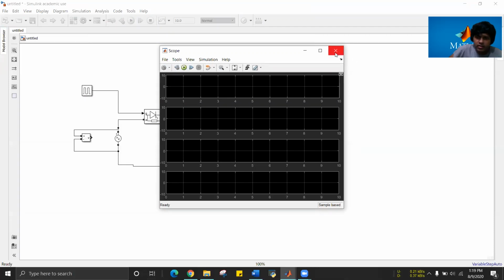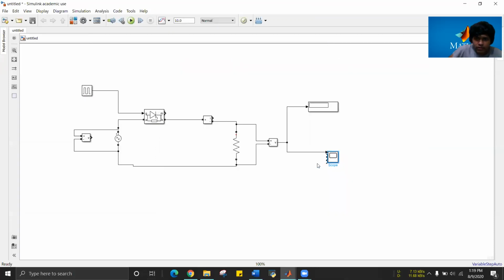Okay. Now we're going to give 4 data feeds here. So I'll just delete this for now. Increase its size. Yeah, now it looks better. First feed will be of the initial waveform. Second feed would be from the pulse generator.